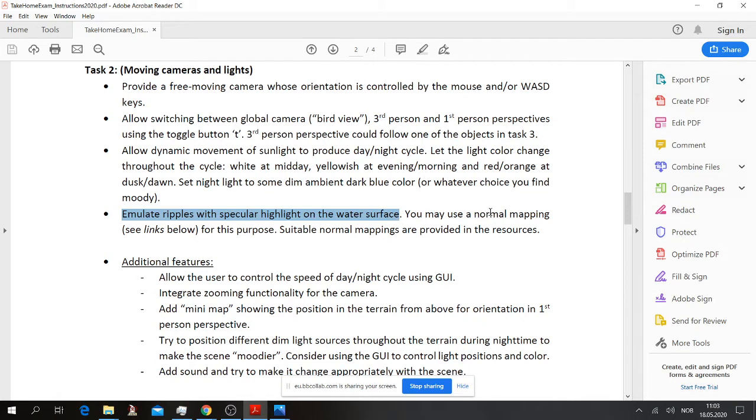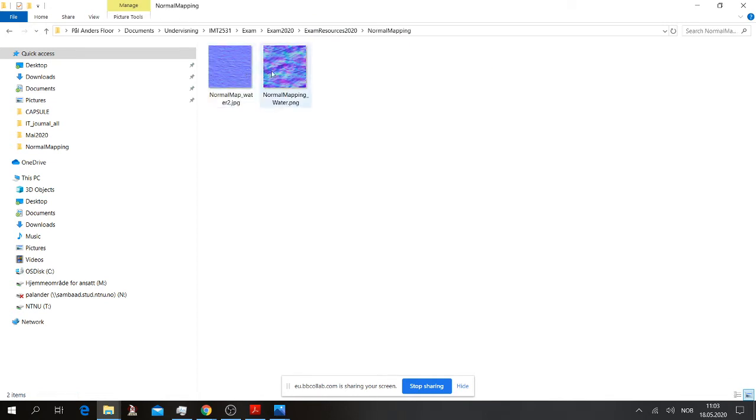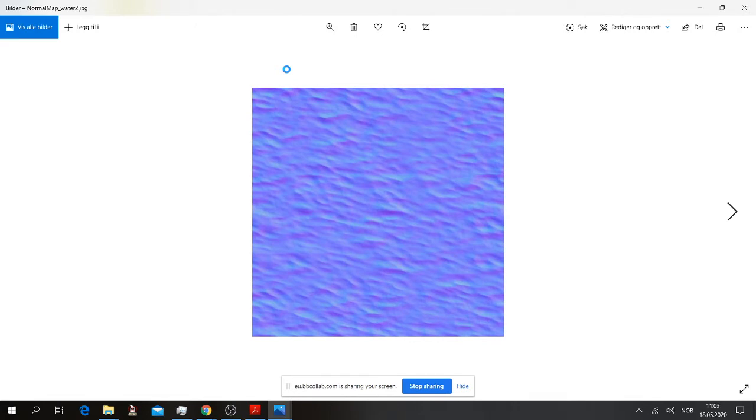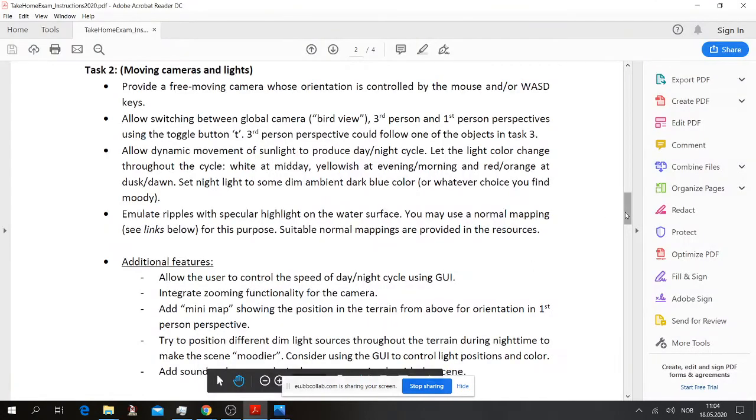And here you may use normal mapping. I talked about this in the shadows lecture, so it's not something you've seen a lot, but it's basically a texture. This is one way of obtaining these ripples. If you have a look at the resources again, you find two normal maps, and both of these are sort of emulating ripples on the surface. These are basically just textures with normals in them. And note that they are bluish, which means that they by default point in the positive Z direction. So you have to do some transformations here if you want to put them on the ground, like in the XZ plane, instead of having them pointing in the Z direction.